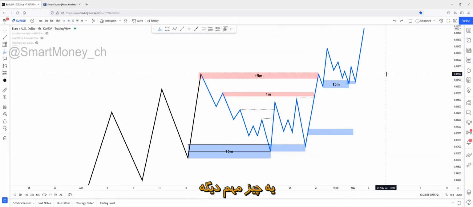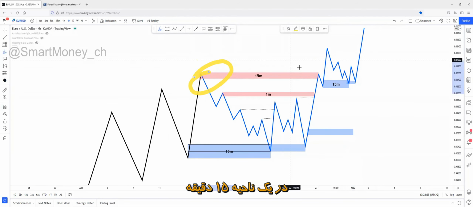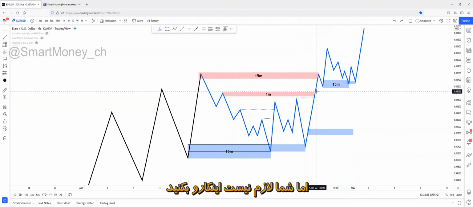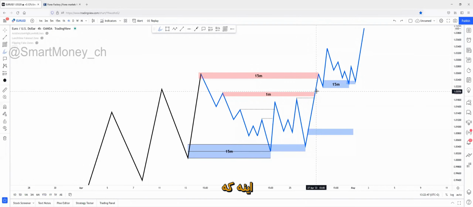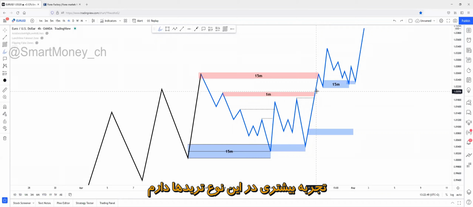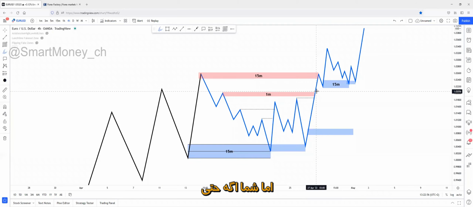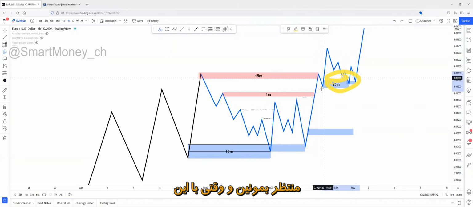One very important thing, you might see me take 1-minute POI concatenations on the 15-minute zone. So I might mark out a 1-minute POI right here, but you don't have to do that. Please, I'm asking you to only mark out 15-minute POIs when the 15-minute zone break happens. The reason I'm marking 1-minute POIs out is because I have a bit more experience in these trades, and I know how to actually choose the correct 1-minute OB or POI for this purpose. But right now for you, if you don't even know what concatenations are, you have to choose the 15-minute POI right away and wait for a confirmation on this 15-minute POI.